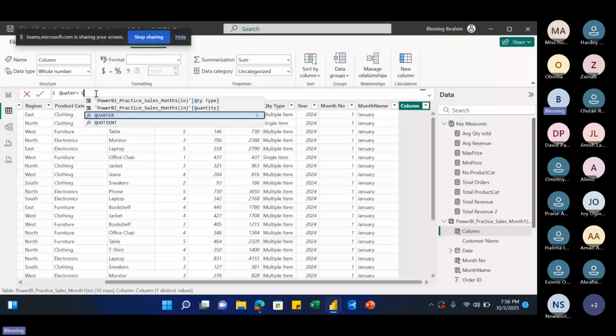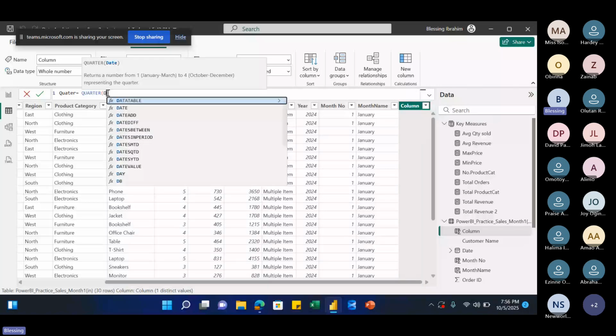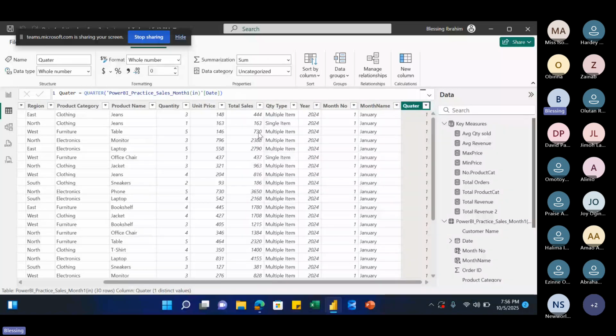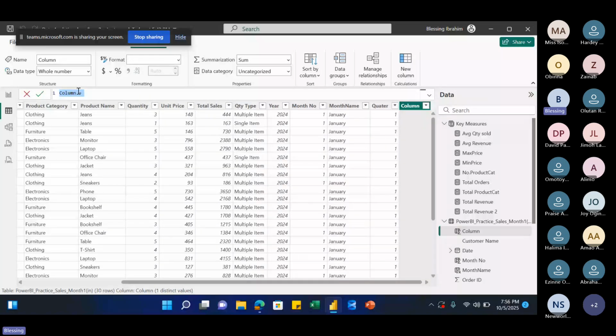I want to work with the dates table coming from Power BI dates, close parenthesis, and I'm going to hit enter. It returns quarter. But what if I don't want the quarter to be like that? I want to show Q1, Q2, like that. I'm also going to use format to do that. So I'll come here, click on new column. Again, I'll change this. Let's change it to quarter ID,